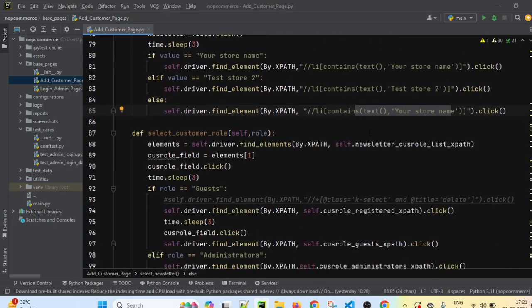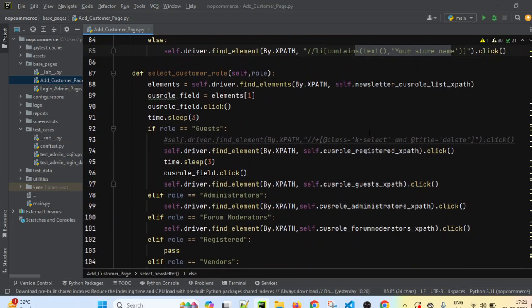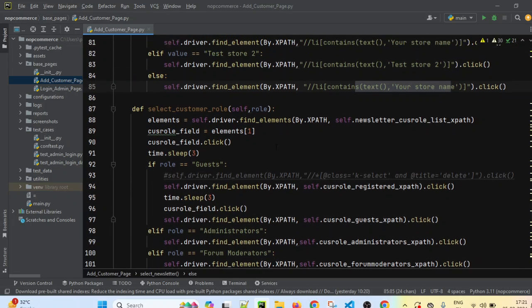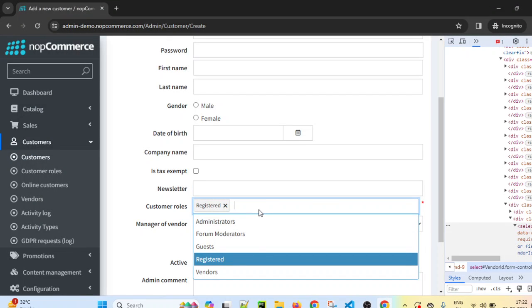After this, we are selecting the customer role, so we have created another method for it. First, we have to click on the customer role.